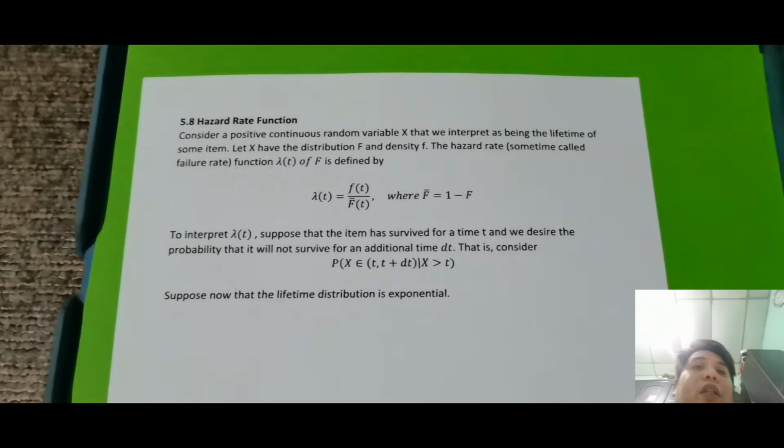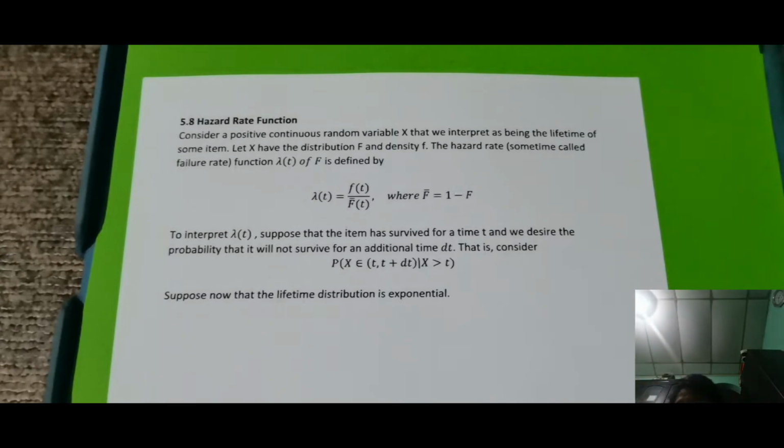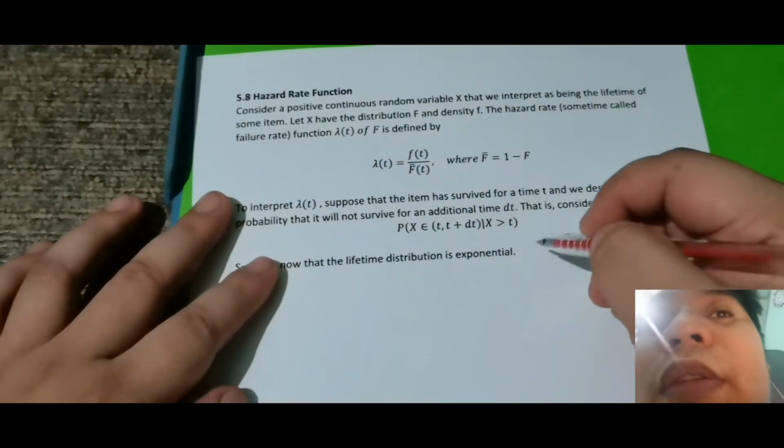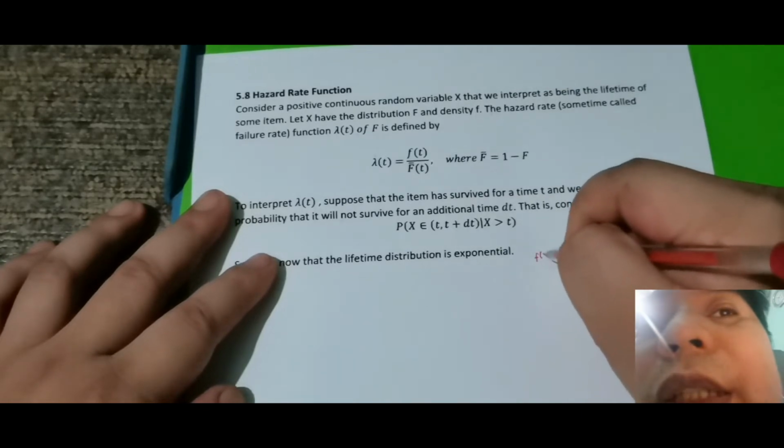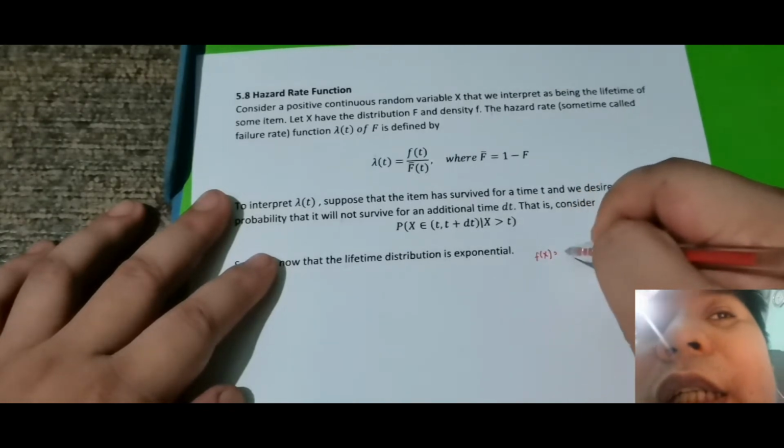Now suppose that the lifetime distribution is exponential. Again, aware tayo ulit kung ano yung exponential random variable. Ang formula ng exponential random variable is lambda e raised to negative lambda t. So this is the exponential, this is f of x is equal to lambda